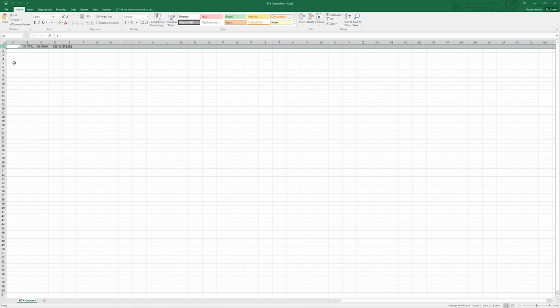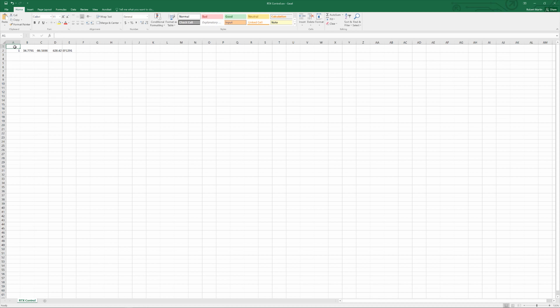I'm going to say insert, and I'm going to say point, and then I'm going to say lat. I'm going to say long. That's probably, was that the elevation or the height? I think it was the elevation. And then the